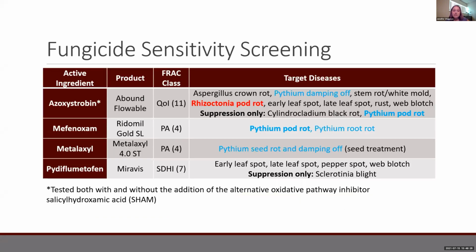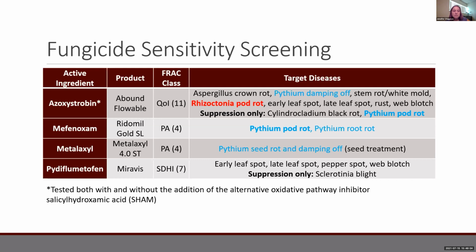Here are the fungicides that we tested in vitro and the diseases that they target. First is the quinone outside inhibitor, azoxystrobin, which is very commonly used for a variety of diseases. Specifically, it is labeled for the control of Rhizoctonia pod rot and suppression of Pythium pod rot. Azoxystrobin was tested both with and without the addition of SHAM, which inhibits an alternative oxidative pathway that can occur